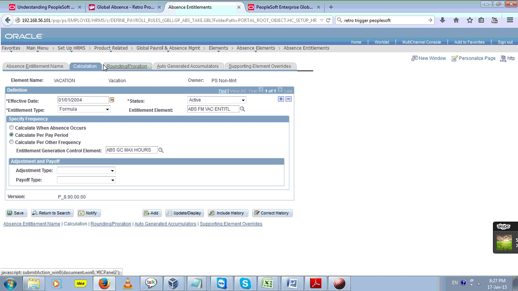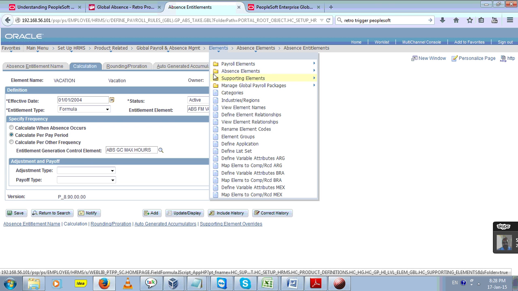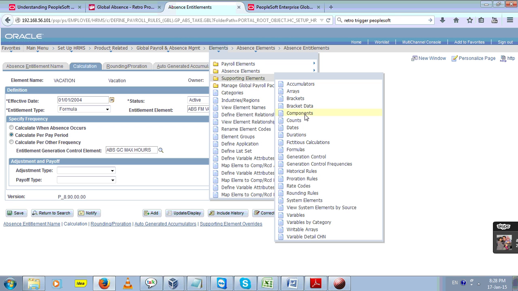If we come into the calculation tab, this is where the formula is added, the formula which calculates the number of days for an employee in a year. It actually calculates the annual entitlement for the absence take. So this is the formula which does that. Now we would have a logic defined as a formula. So if you go to this formula definition, supporting elements, formula,